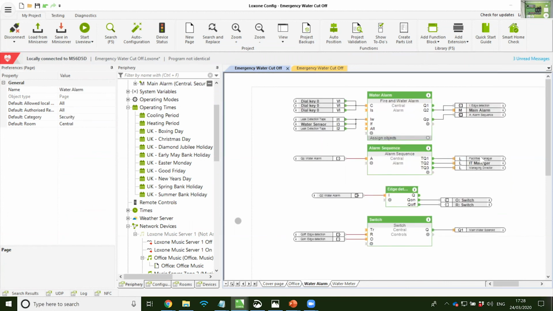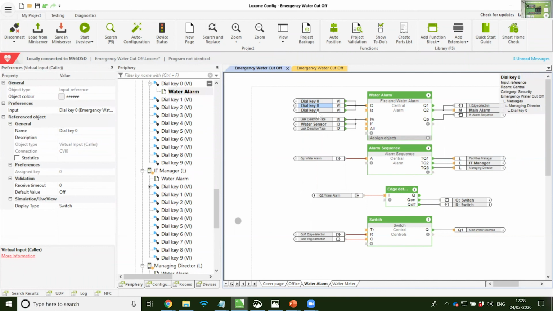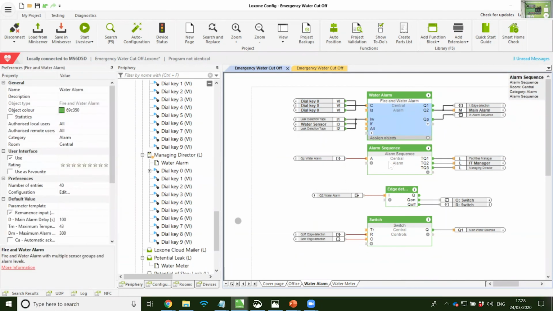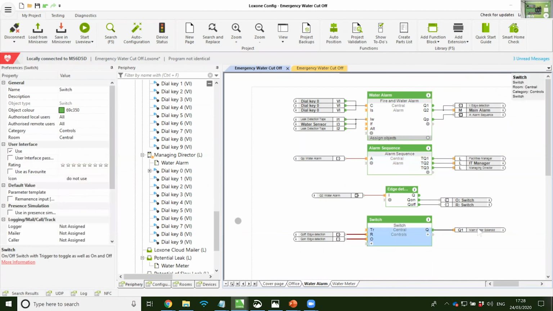If any of the alarm sequence people here answer the call and press the 0 key on their phone, they will stop the alarm. So they will stop both the water alarm and the alarm sequence. And it will also then turn Q2 to off, which will then reset this switch block so it will open